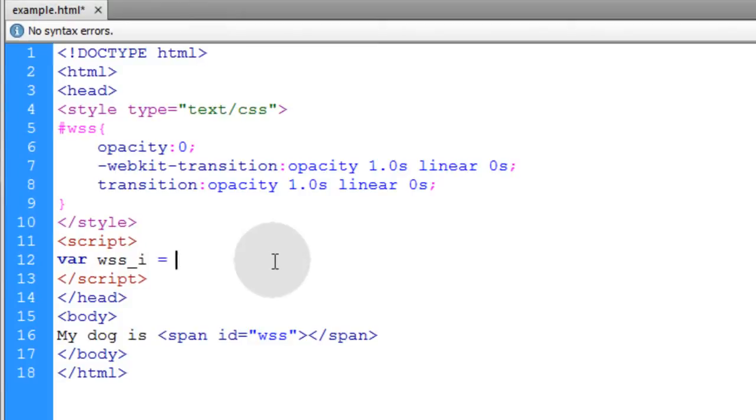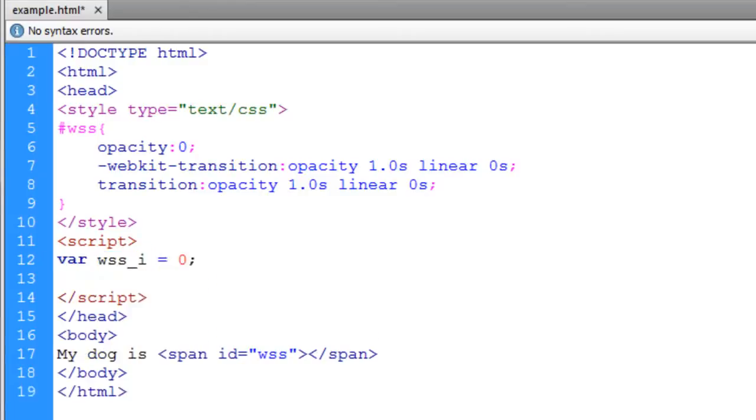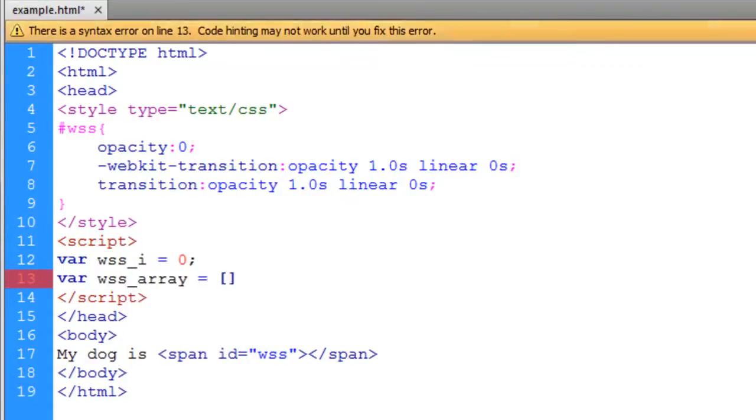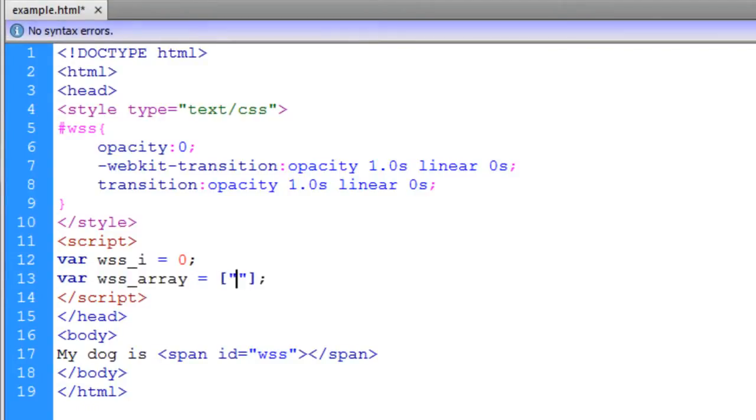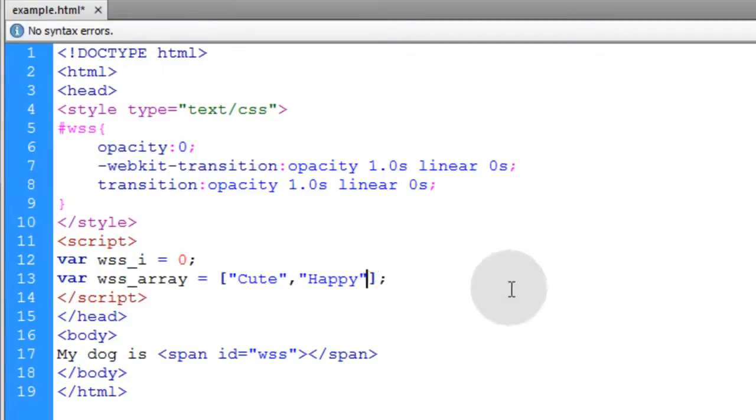So we'll make that starting value 0, and we're going to use this value to traverse through the array. Now the next variable we're going to create is the word slideshow array. We'll make that equal to an empty array, and then we'll start putting some values in it. I'll put the first one was cute. The second element in that array is going to be the word happy, and here's 3 more elements in that array. So my slideshow is going to start at the word cute,